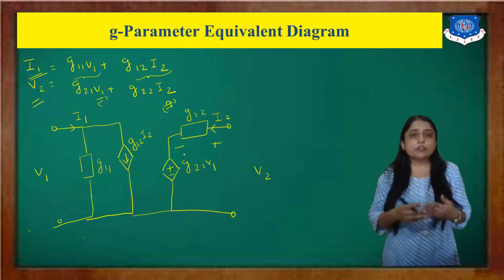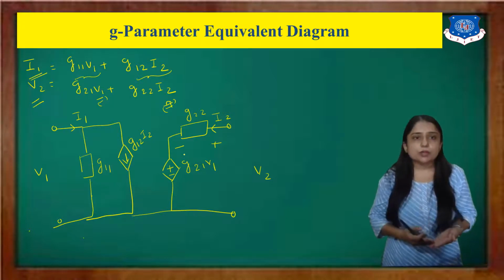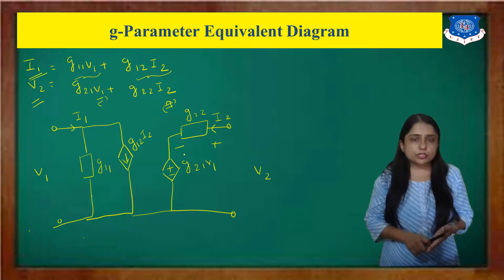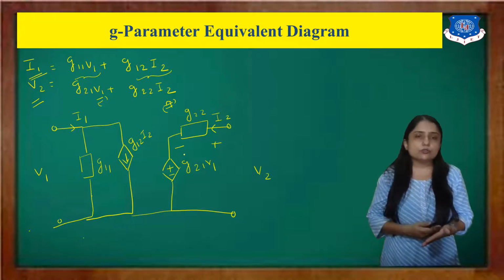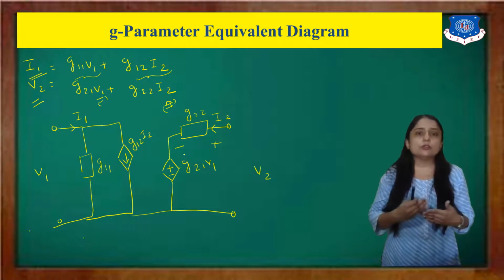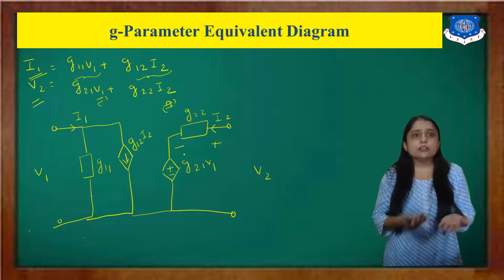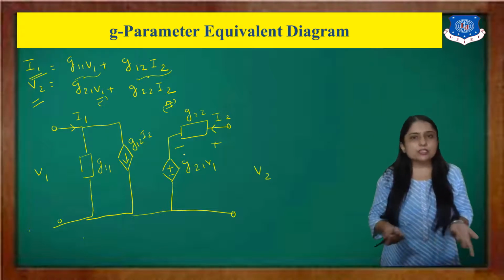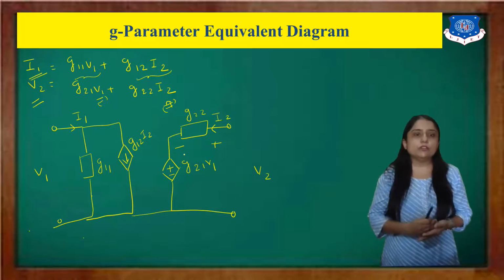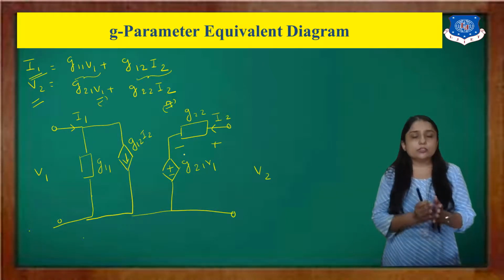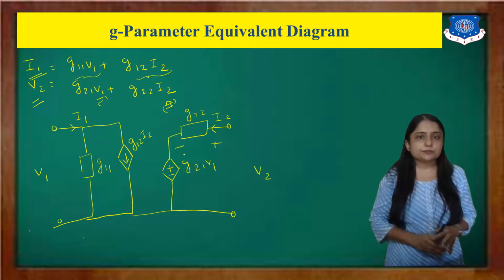So in an exam, if the question asks for 4 marks, explain the G parameter, that is 3 or 4 marks. Then first of all you have to write down the equations. Then you have to derive the values, that is G11, G12, G21 and G22. And then you have to write down the name of each parameter, whatever it is: open circuit voltage gain, short circuit input impedance, output impedance, whatever it is. And then finally you have to draw the equivalent diagram. Alright, then you will get the full 3 or 4 marks, whatever it is.